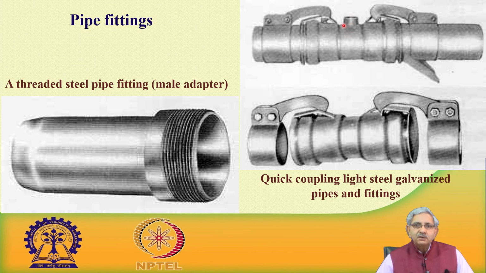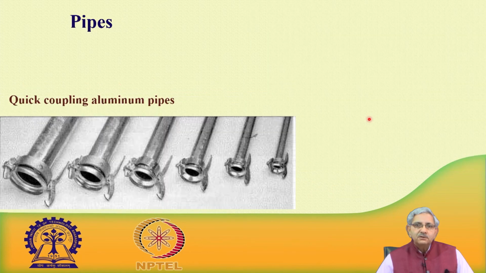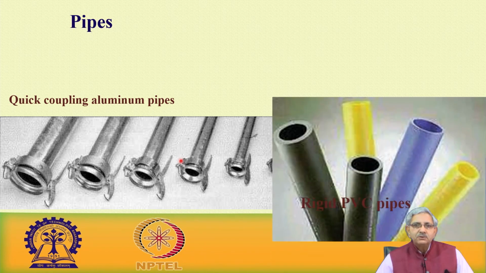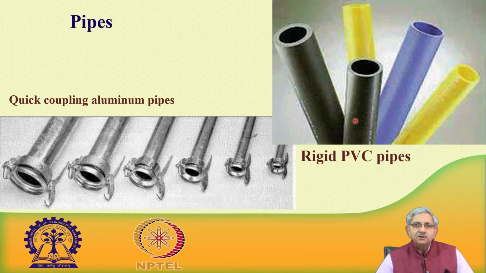The only thing is where the riser pipe is to be attached. This is made of brass or gunmetal at this place, and you can see here this is one part, and then the sprinkler riser pipe is attached to this one. This is the quick coupling aluminum pipeline. Yes, these were being used earlier. Now aluminum pipeline has been fully replaced with PVC or HDPE. This is the rigid PVC.